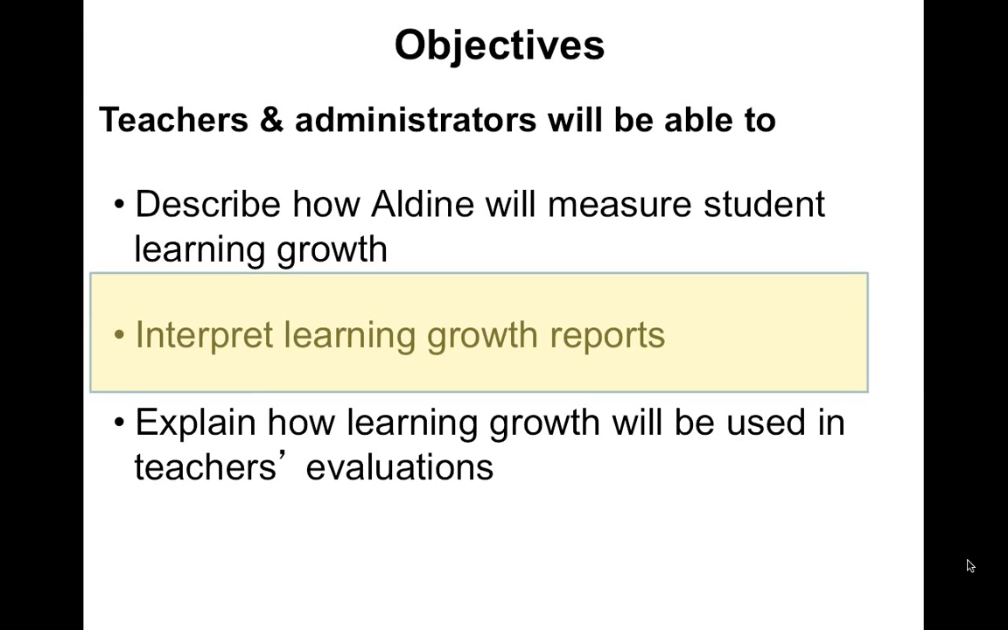In this class, we illustrated how to use scatter plots to interpret teacher and student learning growth. In our next lesson, we'll show educators how to interpret the wide variety of candle and wick reports on the learning growth